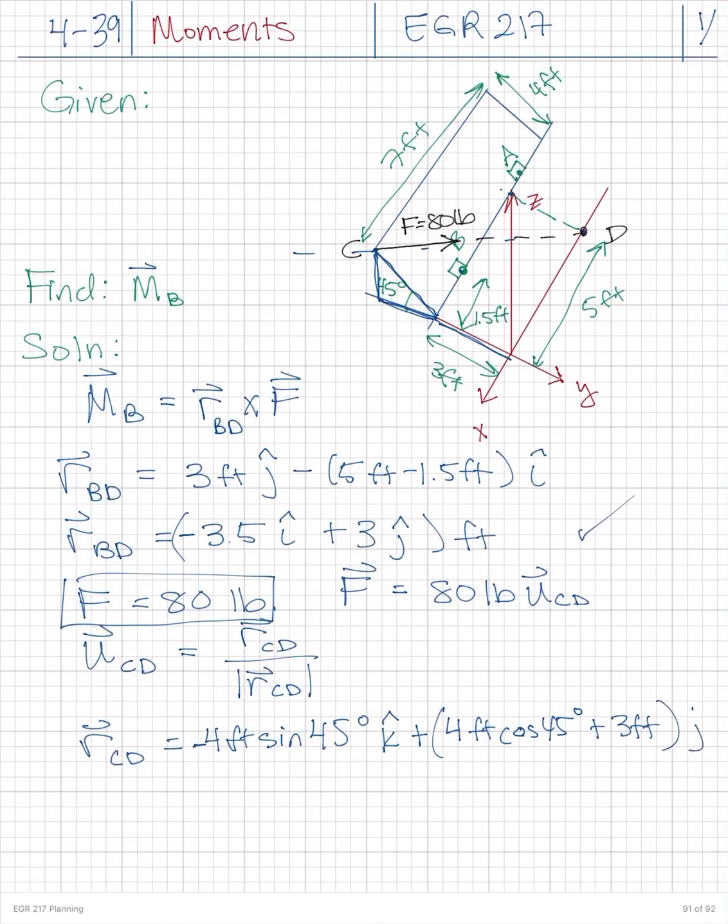And that's going to be in the j direction. It's in the positive j direction. And then for the x, we need to go back to that point D, right? So we'll go negative 5 feet, and that's in the I direction. So I'm going to rewrite it and do it in the correct order. So negative 5I